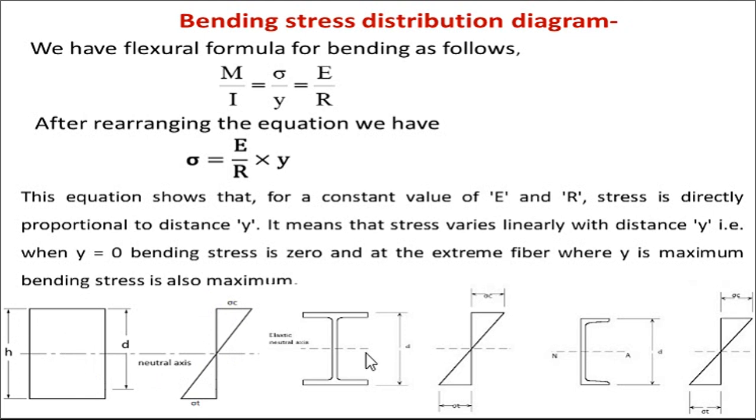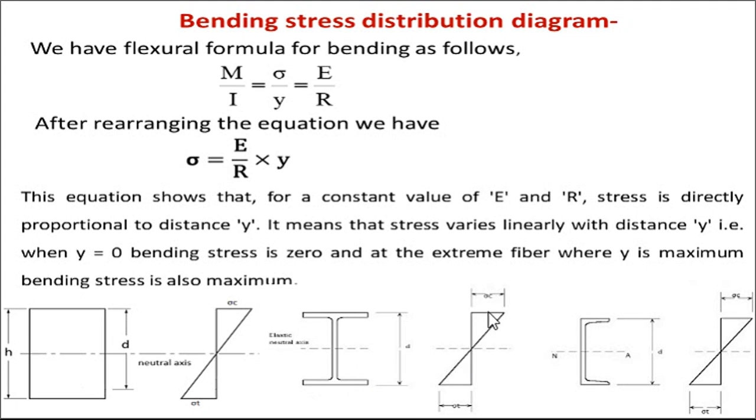Here you can see the intersection point on the neutral axis has 0 bending stress, meaning y is 0. If you go either upward or downward, the bending stress increases, and at the extreme fiber, at the top or bottom, the stresses are maximum. So this is the bending stress diagram for a rectangular cross section of the beam. This one is for a channel, and this is the I section of the beam